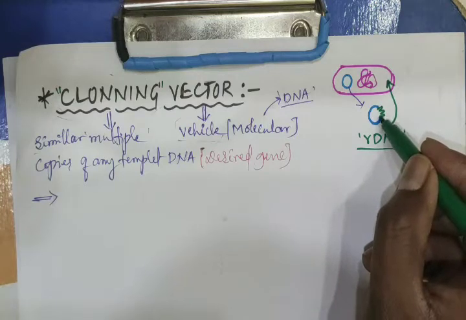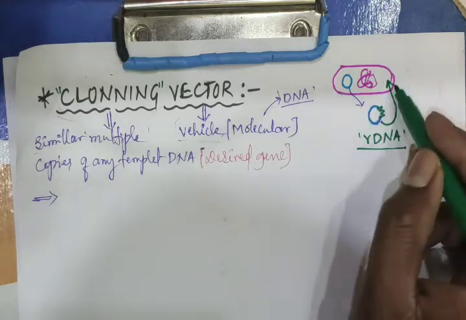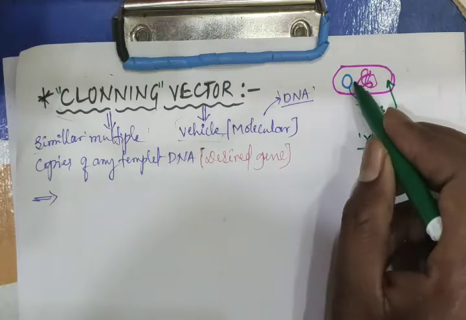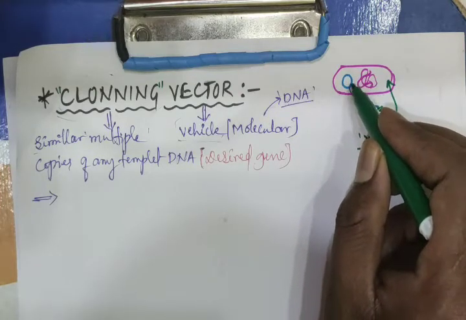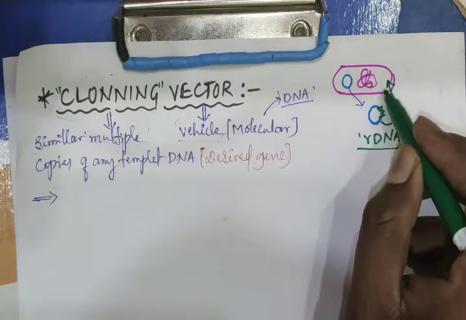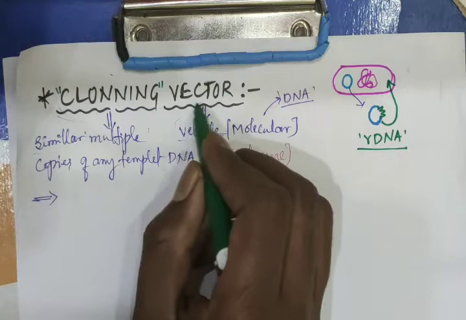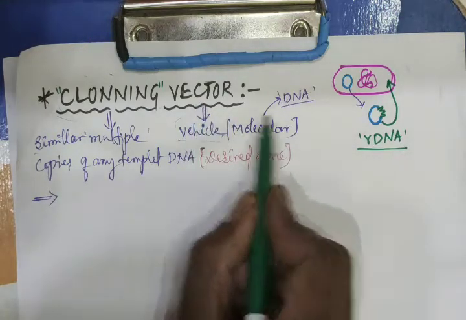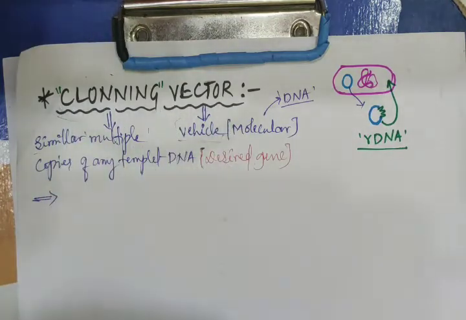But to introduce this gene inside this host cell, and to make this desired gene expressed inside the host cell, the desired gene should be mixed with the plasmid. Now this plasmid is acting as a vehicle for transferring our desired gene, and this vehicle I will refer to as a vector. This vector helps in making multiple copies inside the host cell. Hence I will refer to it as a cloning vector. Right? Now, which are those cloning vectors majorly?